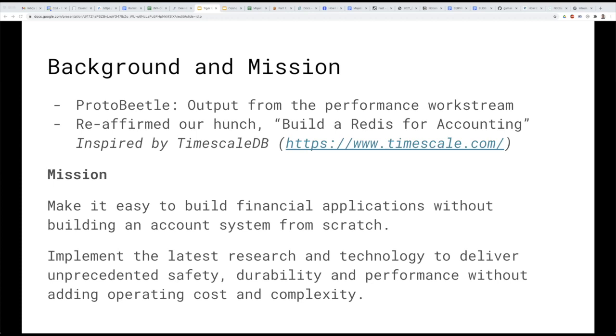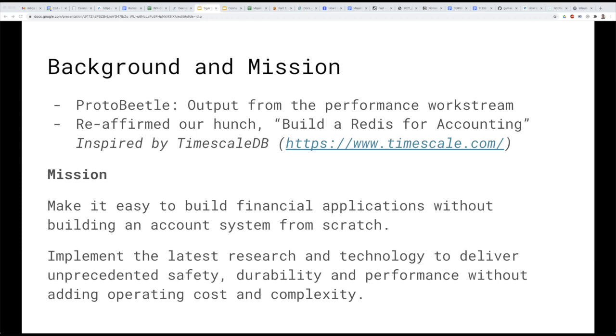When I had previously been thinking about this idea, I'd been quite inspired by the approach of TimescaleDB, where they'd taken a Postgres database, which is extendable, and they'd actually written a whole extension to Postgres to make it a time series database. So Pedro mentioned earlier the need to use the correct technology for the correct use case. Sometimes you want a time series database, sometimes you want a relational database. And what they had done is build out a time series database on top of Postgres, which I thought was